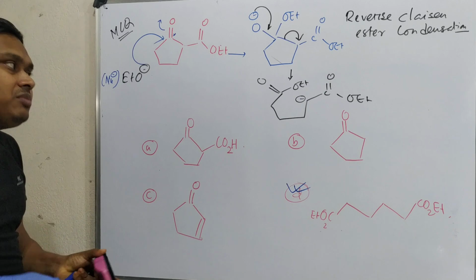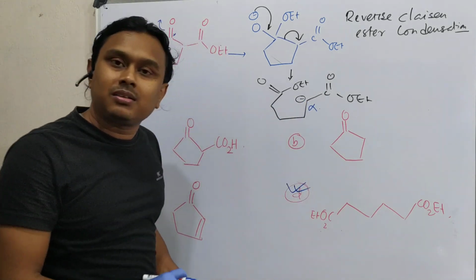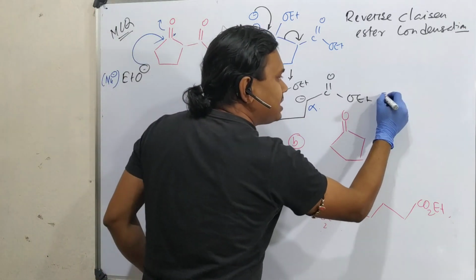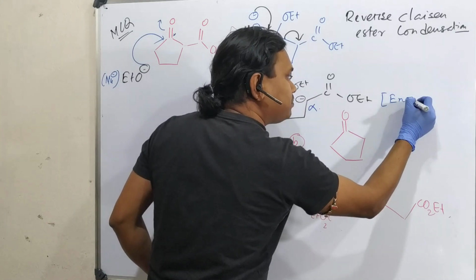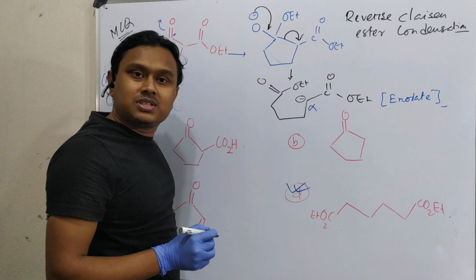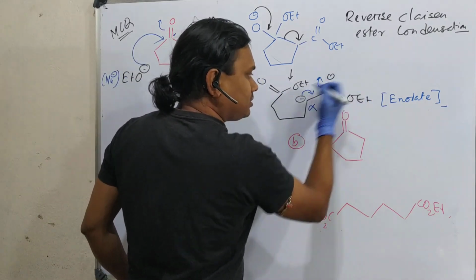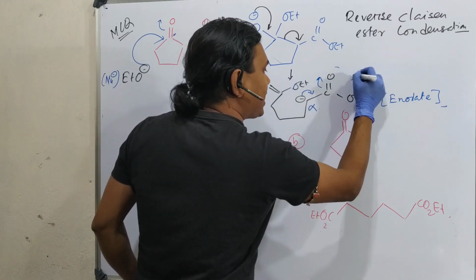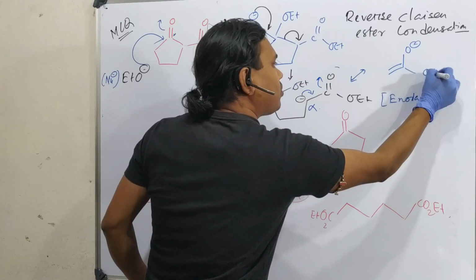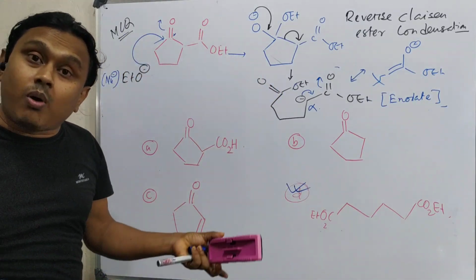Actually now you can remember something. This is the alpha carbon of an ester. And this is a type of enolate molecule. So if it is an enolate type molecule, this negative charge is resonance stabilized. How? By conjugation with this. If I draw just this part, then the canonical form is expected: this is O minus, this is OEt, and the rest part is that. So that's why this step will occur.